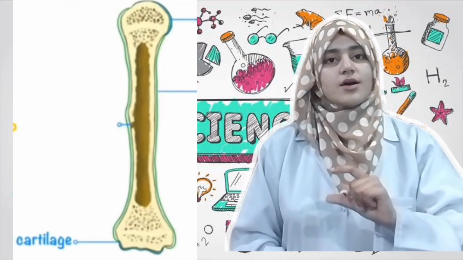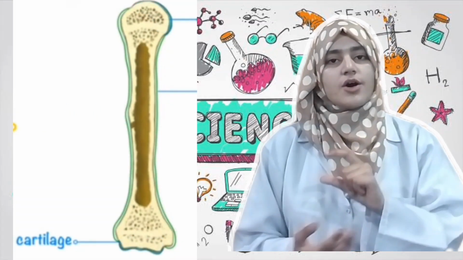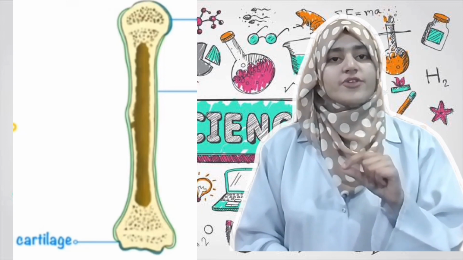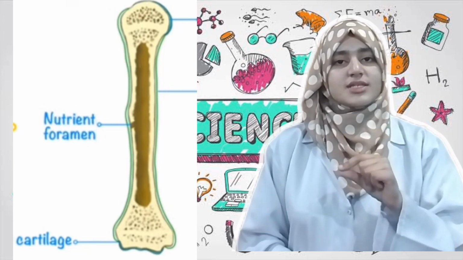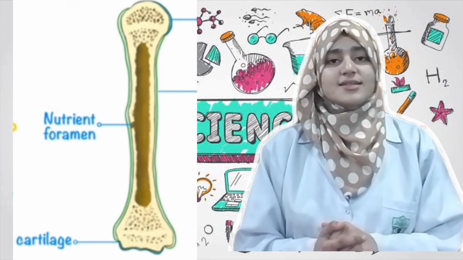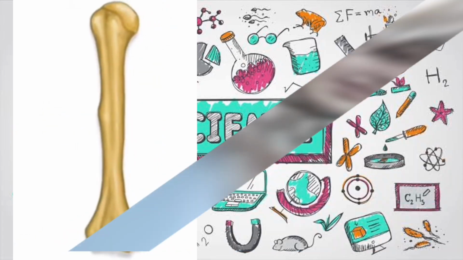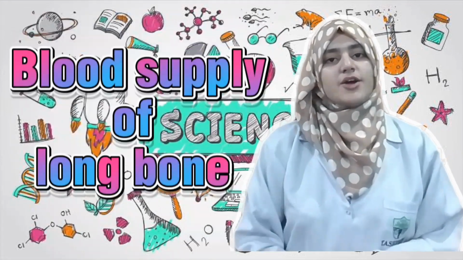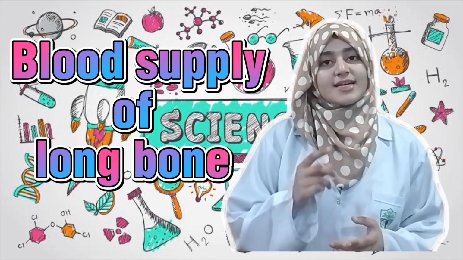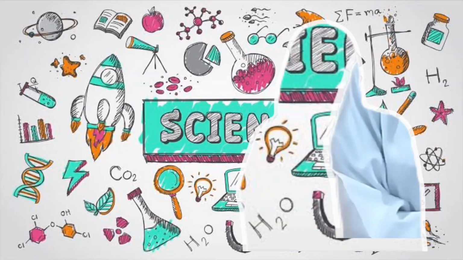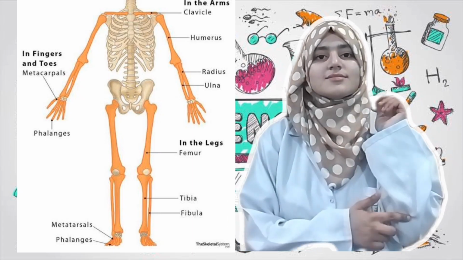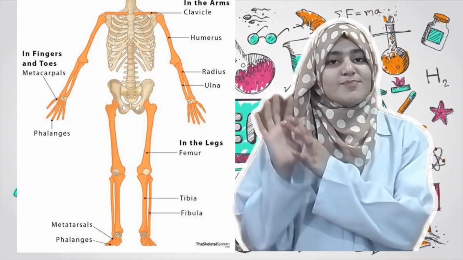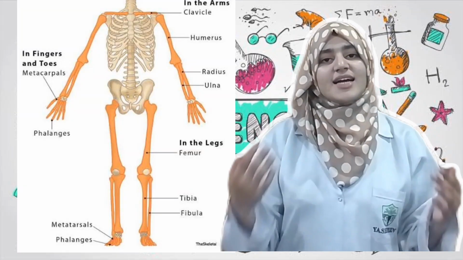There is a foramen, a canal or passage from where the blood vessels enter into the bone. This foramen is present at the middle part of the diaphysis and is called the nutrient foramen. Now move to our major point of interest, which is the blood supply of the long bone. Some main examples of a typical long bone include humerus, radius, ulna, femur, tibia, fibula, metacarpals, metatarsals, and other